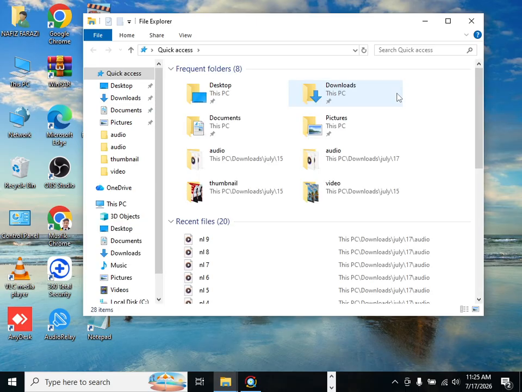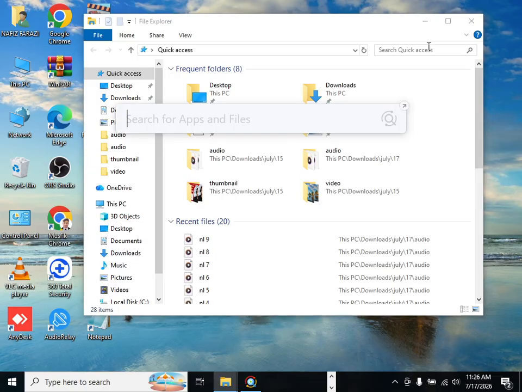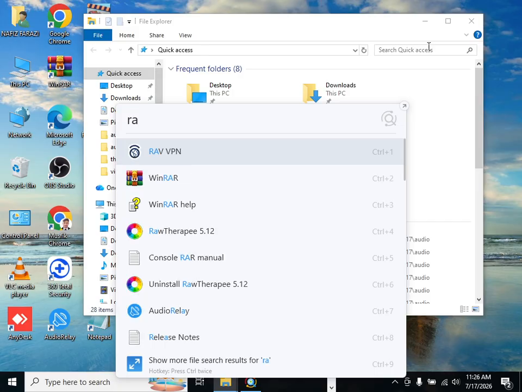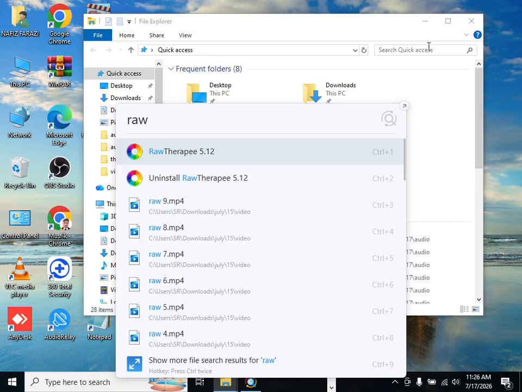Instead of using the standard Windows search box, activate Listary using its default shortcut, such as pressing the Control key twice if that feature is enabled. A search window will appear instantly. Now type the name of the file or folder you're looking for. As you type, Listary displays matching results almost immediately, allowing you to open files much faster than the built-in Windows